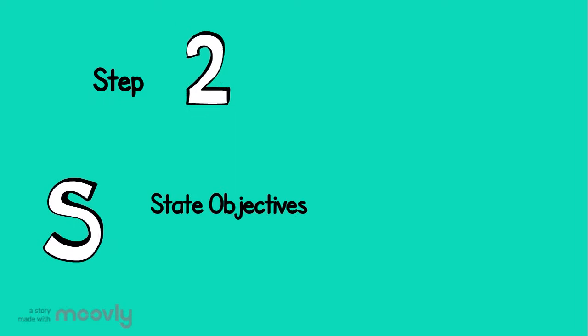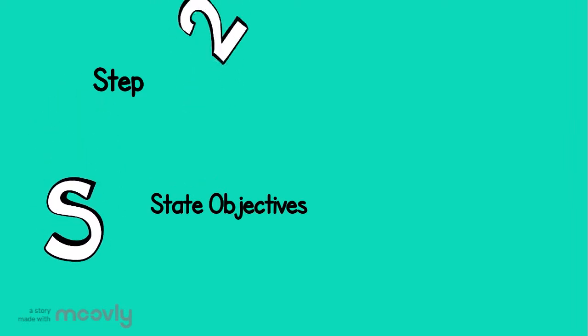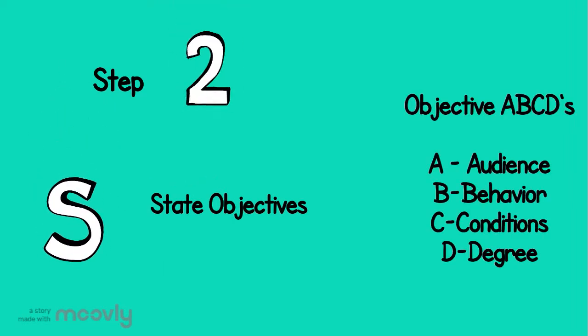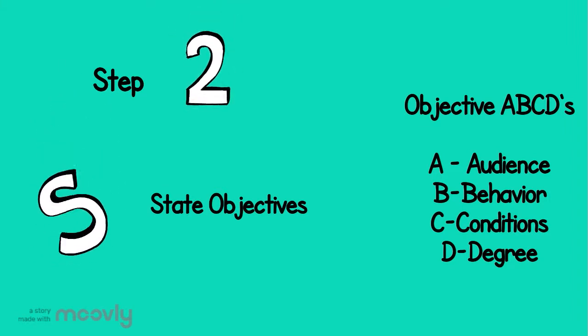Step 2 of the Assure model is S, state objectives. In this step, instructors are using the information they've learned about learners and their course requirements to develop objectives that specify what learners will be able to do after instruction. It is a good idea to state objectives that clearly follow the ABCDs of objectives, provide learners with the information of who the audience is, the behavior required, based on what conditions, and to what degree they are expected to